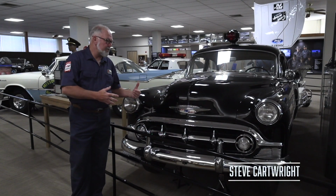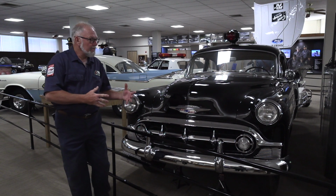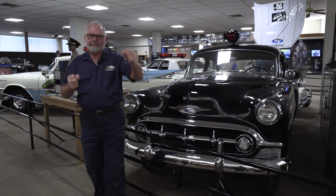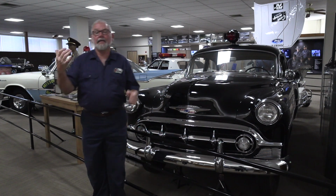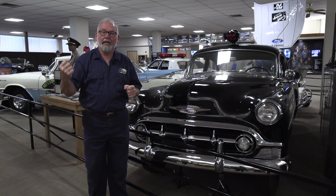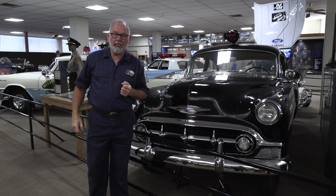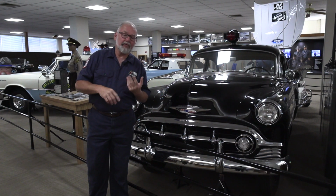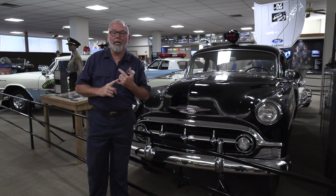I'm in front of a 1953 Chevy. The '53 Chevy had features like mechanical steering, no power brakes, and likely shifting on the column mechanically. Quite a bit different than today's cars, where we have power steering, power brakes, air conditioning, cruise control, and lots